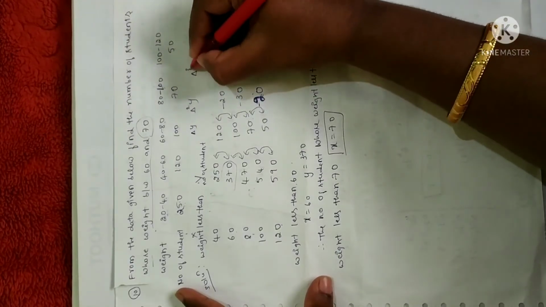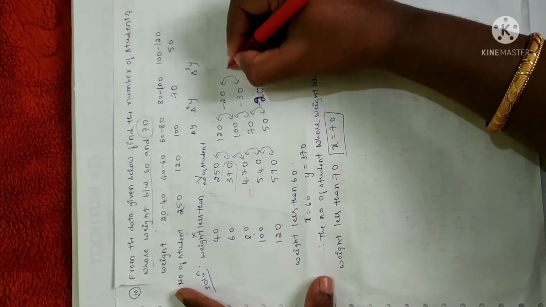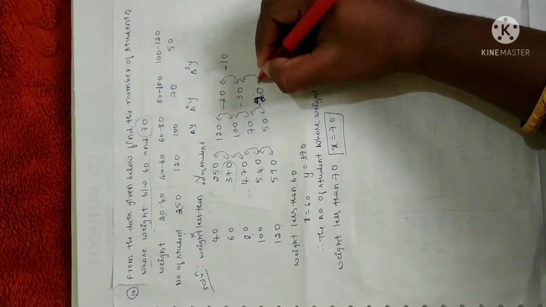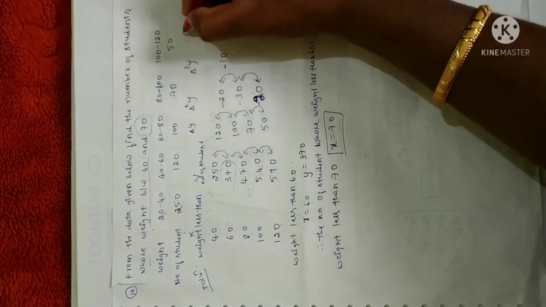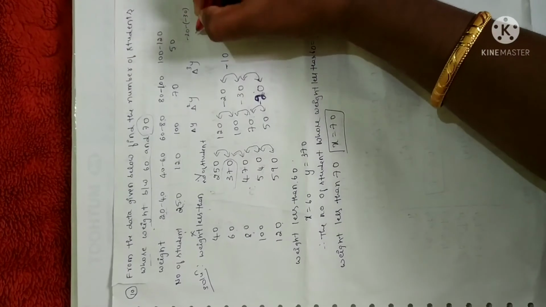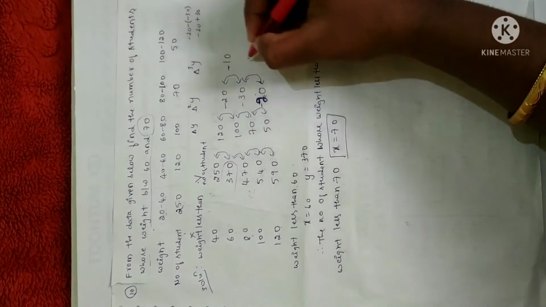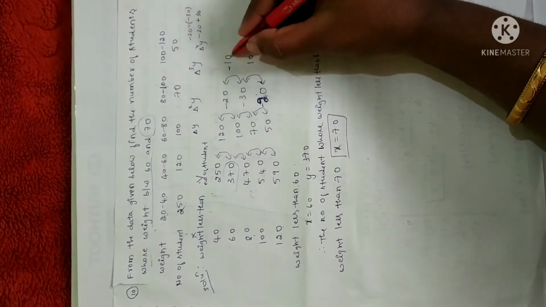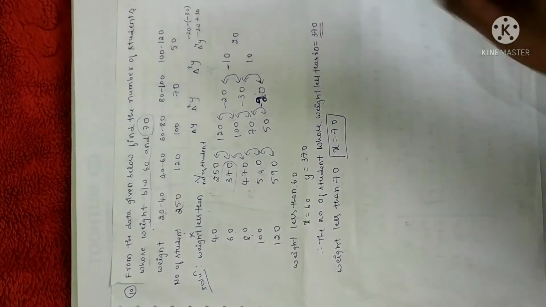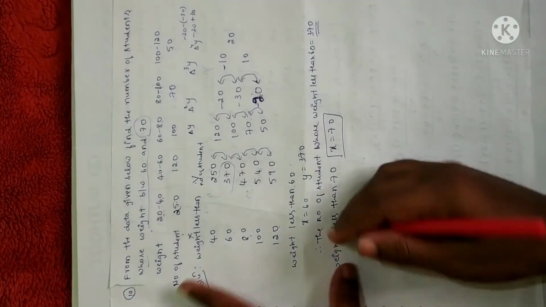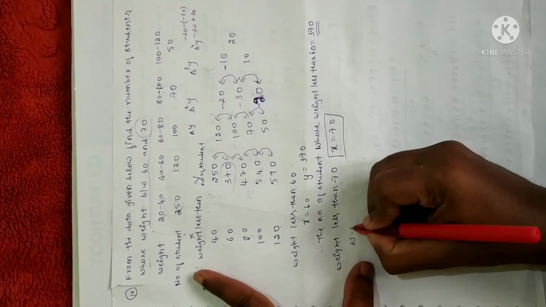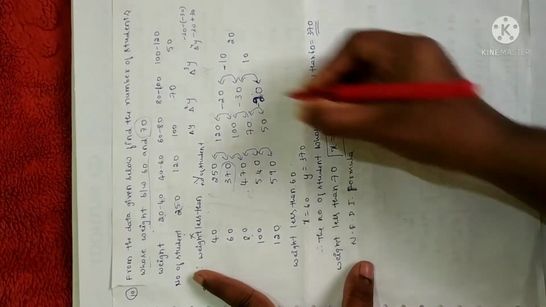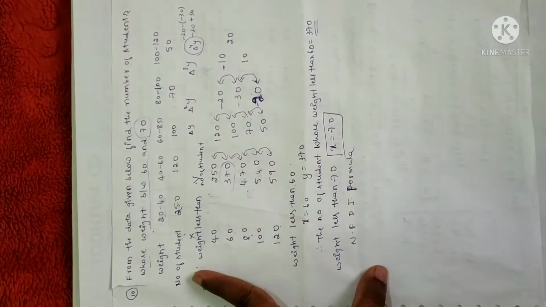Next, delta cube, the third forward difference: minus 30 minus of minus 20. Minus of minus will become plus. So it is minus 10. Minus 20 minus of minus 30, minus minus is plus 30. So we'll get plus 10 here. Next, the fourth forward difference, it is delta power 4 y. 10 minus of minus 10, minus of minus will become plus 10. So it is plus 20. Fine. Now we have to write the Newton forward difference interpolation formula up to delta power 4 y. So let me write the formula.